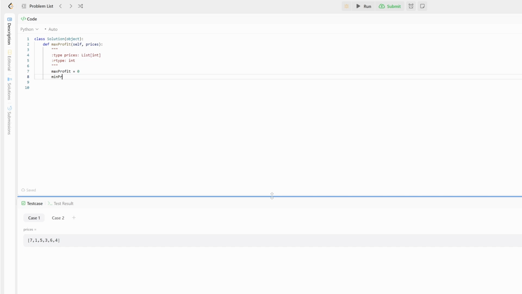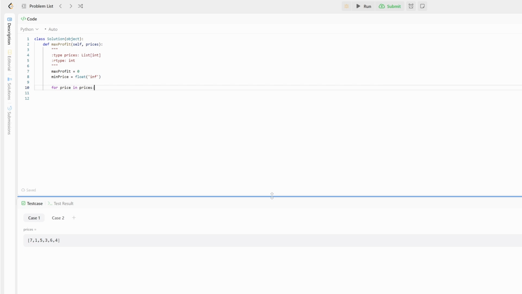We're also going to keep track of the minimum price, and right now we're going to initialize that to infinity because we want to make sure that the first value that we find in our prices array actually is our minimum price. And the way to ensure that is to create this value that's extremely large, so that value will be guaranteed to be lower than infinity, so that would be our min price to start. So for price in